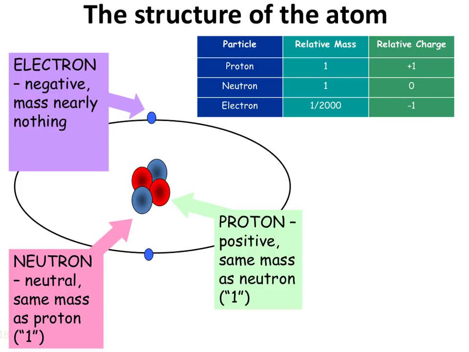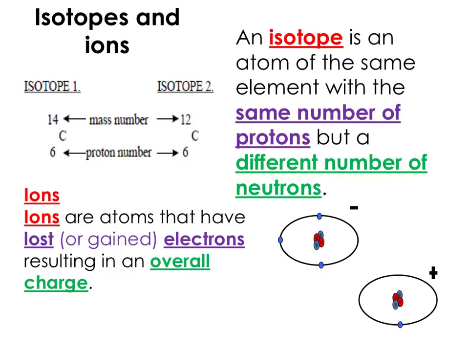Where they are positioned in the atom varies. The proton and the neutron are found in the nucleus, the centre of the atom, and the electrons orbit around the nucleus in electron shells or electron orbits or energy levels, and that is the model of the atom that we use now. As part of atomic physics, we also need to be aware of